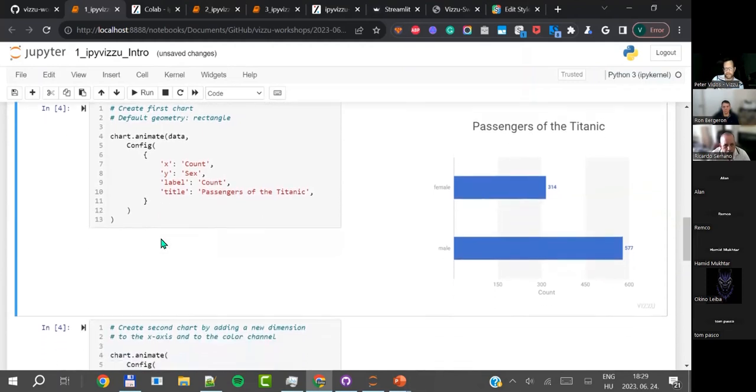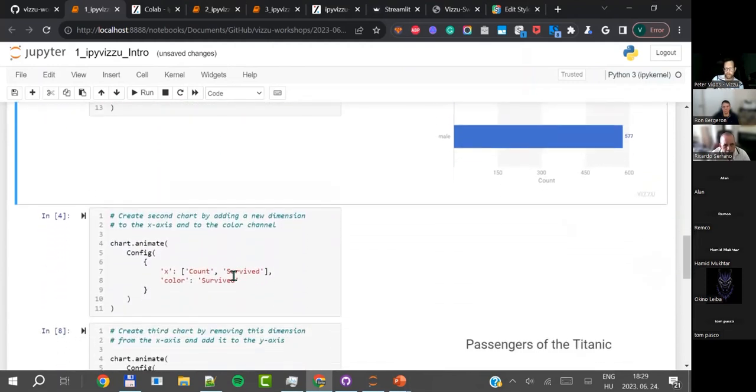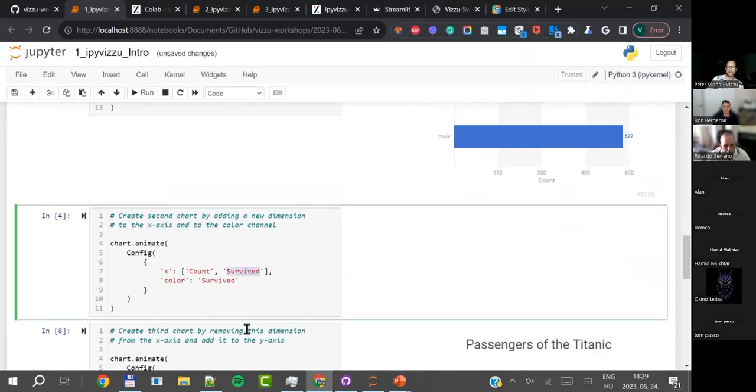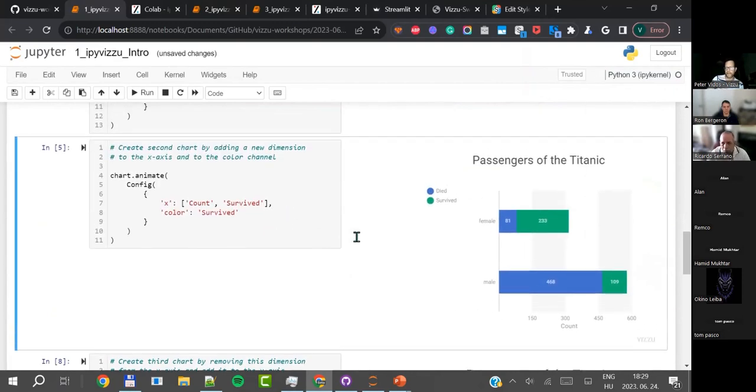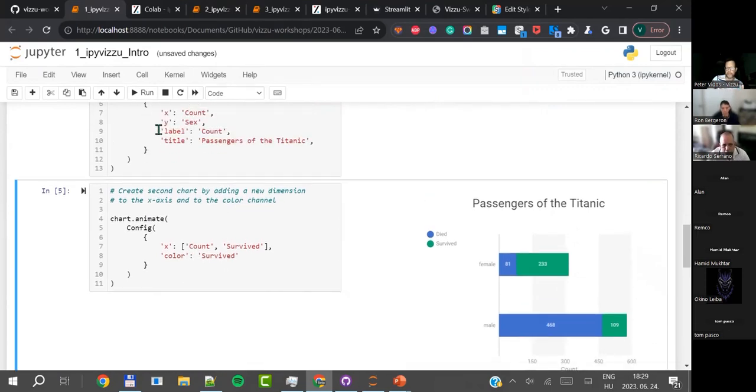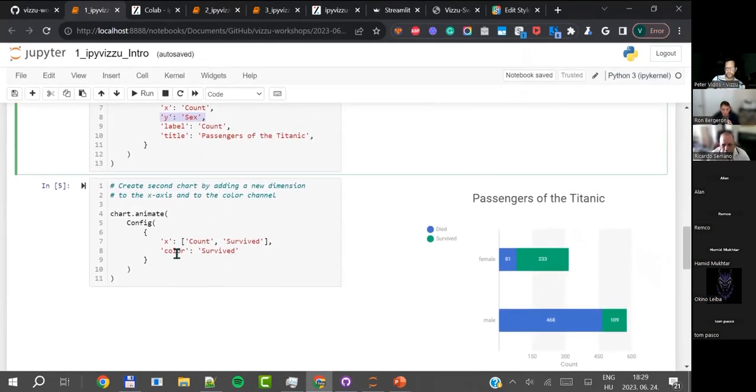Next up, we're going to add another category, survived, whether the passenger survived or died, on the x-axis and also on the color. If I run this cell, we're going to have a stacked bar chart. Notice that we didn't have to do anything with the y-axis, so that setting got preserved, the same as the title. That's the logic ipyvizzu employs: it only changes the parameters of the chart that you specifically change.